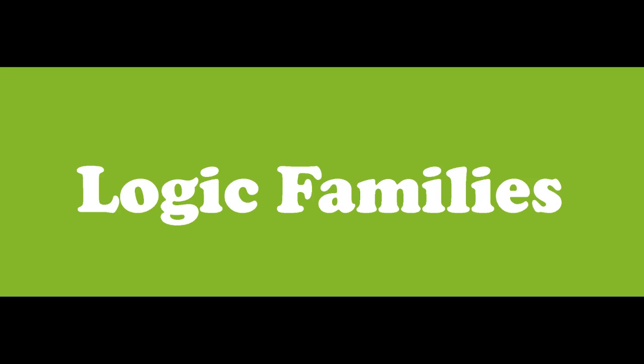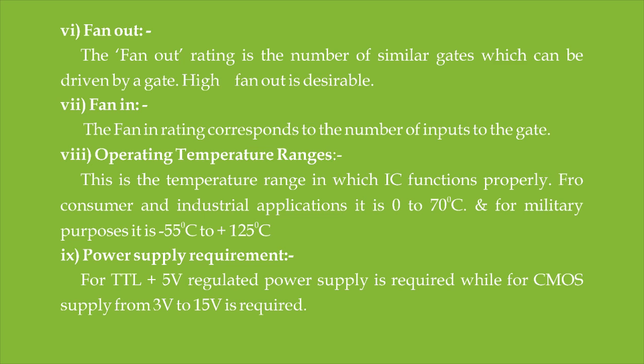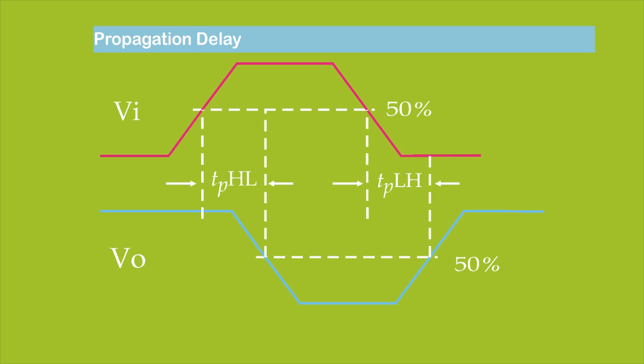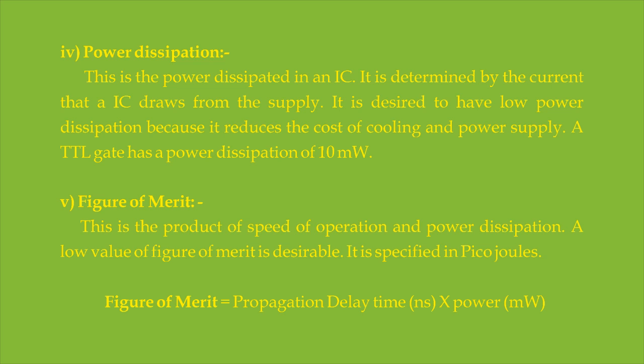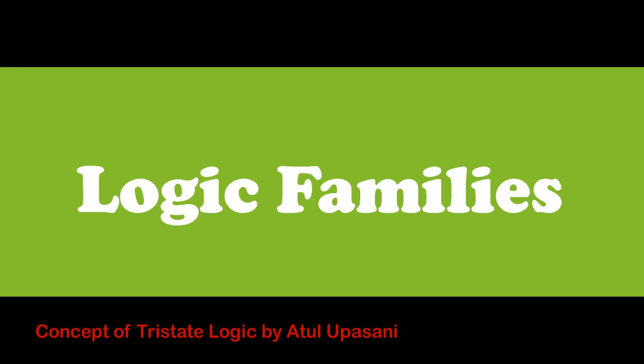Now, in the last period also, we have discussed the parameters of logic families. Parameters such as noise margin, fan in, fan out, and then propagation delay, and so on. These parameters are actually used to compare which logic family is better to use as a logic gate. So those parameters are very important. We have seen their definitions, their meanings, and their ideal values for the logic families, and these parameters are very useful. So in the logic family, these are the topics we have already discussed.